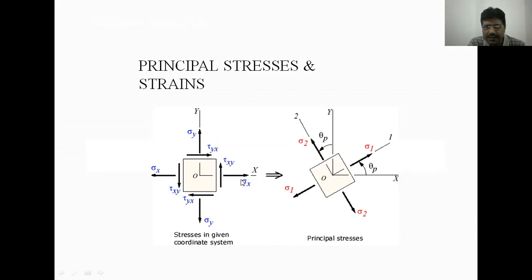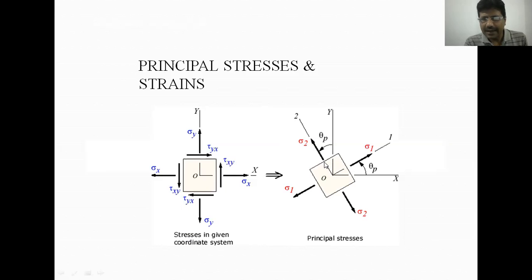So in these systems, we know that two types of stresses are there. One is direct stresses, and the other is shear stresses. Direct stresses act directly along the axis of the system, and shear stresses arise when the body is subjected to two forces in opposite directions, and these opposite forces try to tear the body into two different parts. So these are known as shear stresses. Now comes the third one, principal stresses. What are the principal stresses?